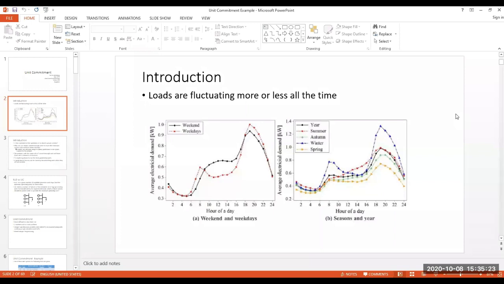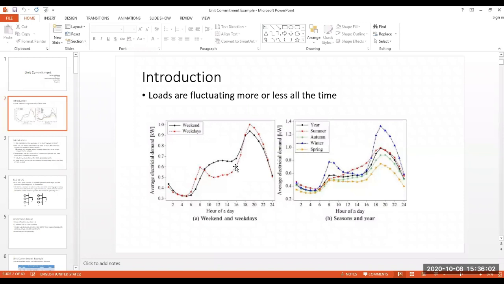But of course, loads are not constant. If you see the load profile, loads are varying throughout the day, actually every minute of a day. Loads vary in the weekends and in the weekdays. The variation for the weekend load and the weekday load are pretty different. They have different peaks. You see the weekday peaks are much higher than the weekend peaks, and the weekend peaks, you see in this area